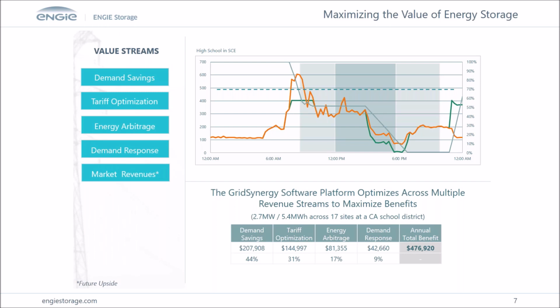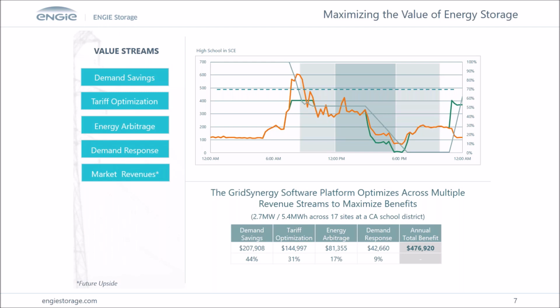The green is the new load profile with storage. And the gray bar is the state of charge of the batteries. And so what's happening here in the morning, the first thing the system does is not want the demand to go above 400 kilowatts. Because if we keep it below 500 kilowatts, we're able to switch them from a GS3 to a GS2 tariff, which creates about $145,000 in savings per year. Just by peak demand shaving, this system is able to generate about